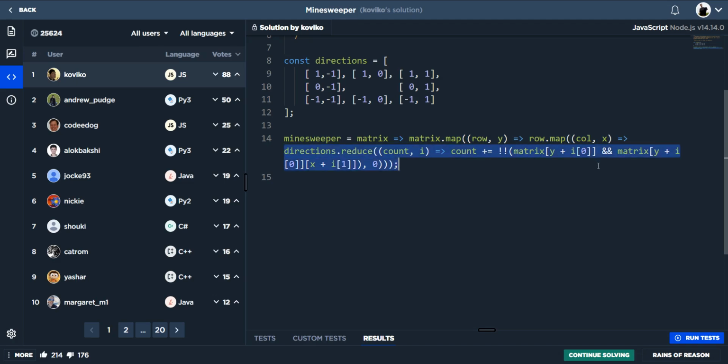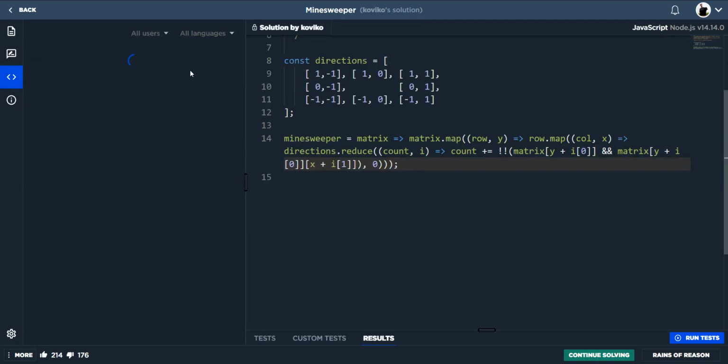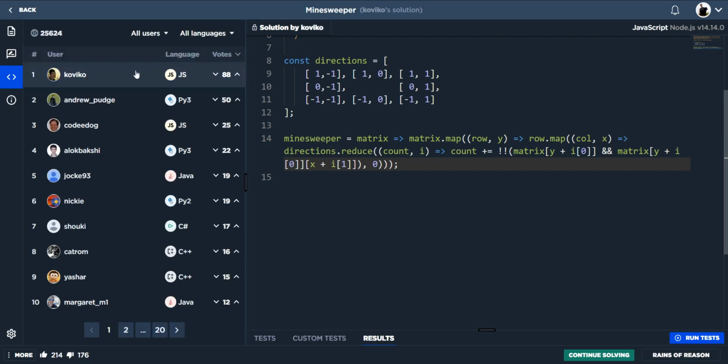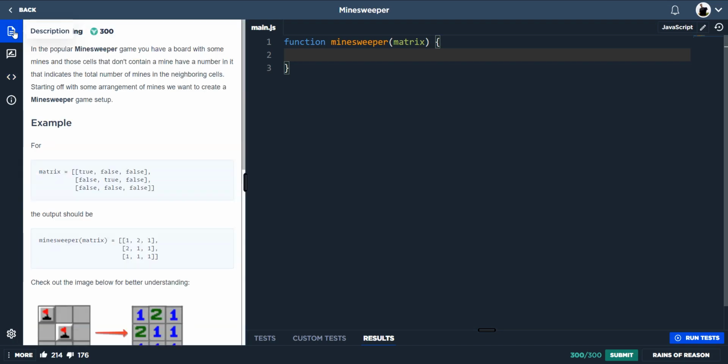So if someone does know, and they can explain maybe in a video or trying to describe what this does, and then the second part as well, that would be awesome. But the solution which I'm going to show you is looping through the true and false matrix and then navigating around the cells, so navigating all the neighbouring cells with if statements. So first of all, the first thing we want to do is we're going to be outputting a